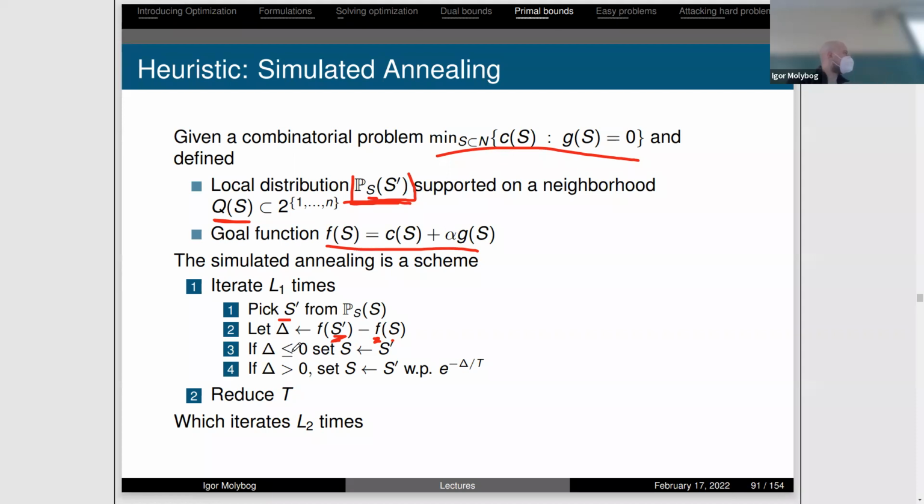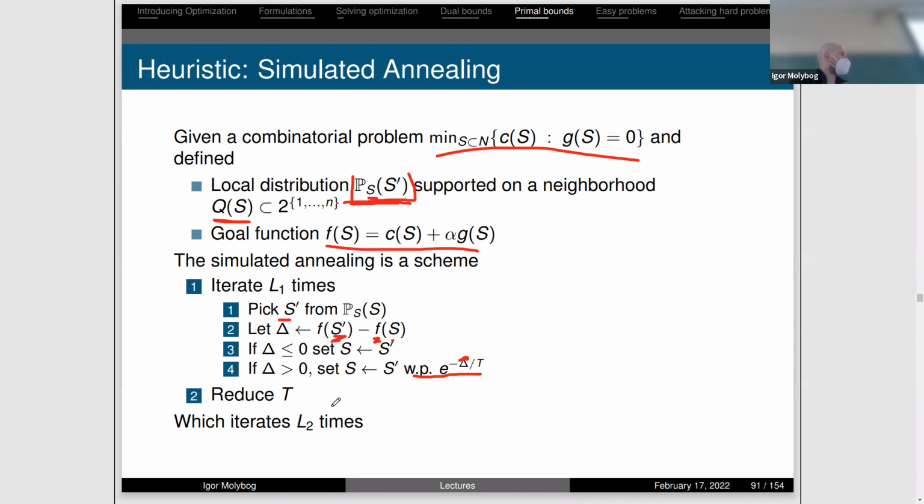We just do the thing that we have considered during the local search method. However, if our new S dash is worse than the previous point, then we will transit to this new point S dash only with a certain probability that will depend on the gap between the two solutions. And this probability is called the Boltzmann law,